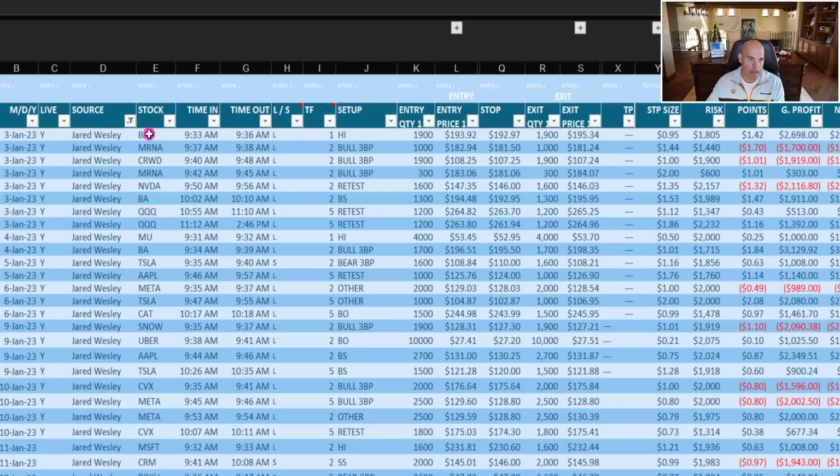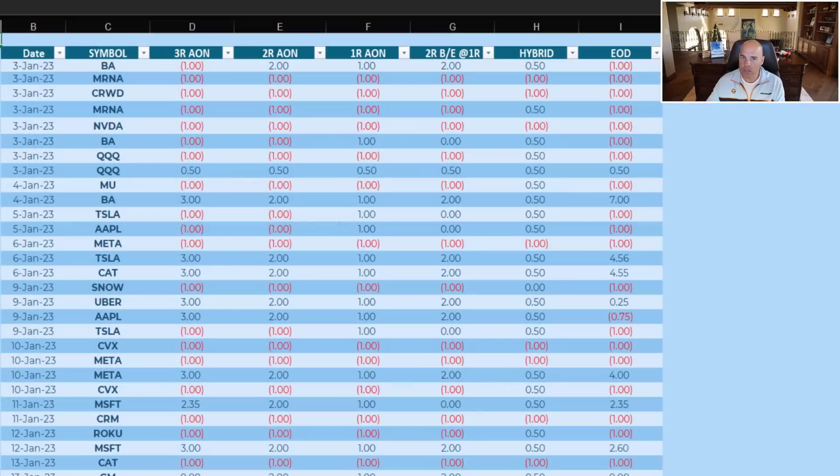And you can see BA, mRNA, CRWD. These are all the trades that I took. Go to my back test data. Those same trades are over here. So at the end of the day, when the market is closed, or you can do it in the middle of the day if you want, I go back and I look at it and I go, okay,